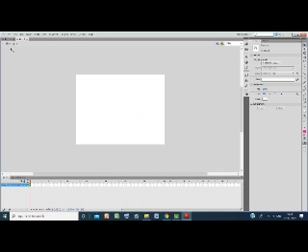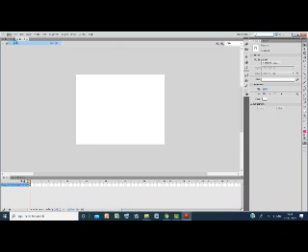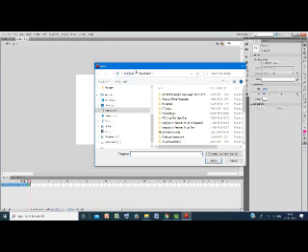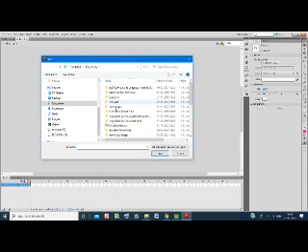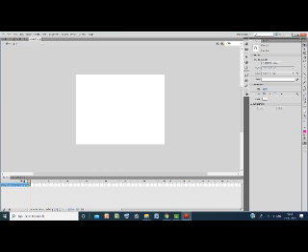Okay children, now we will see how to open an existing Flash document. For that, just click the file menu, then click the open menu. At that time the open dialog box appears. Select the file name from here. Here I already created flash1, then select it and click the open button. At that time flash1 appears on the screen. Did you understand?